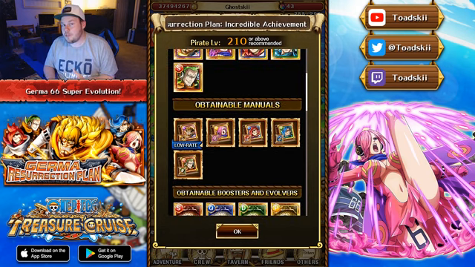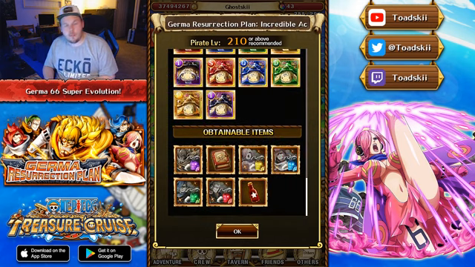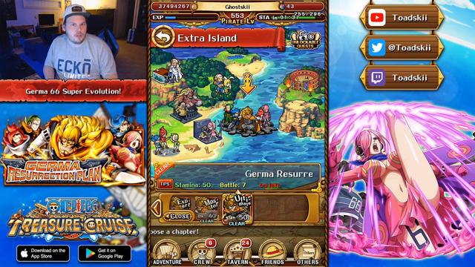You can actually drop the skill books for these characters as well, which is extremely useful, especially if you did miss out on skilling up some of the characters previously. And you can also get the drops for the skulls that you need to Super Evolve these characters. Now, I haven't gone into full detail because I took a little bit of a break from YouTube,